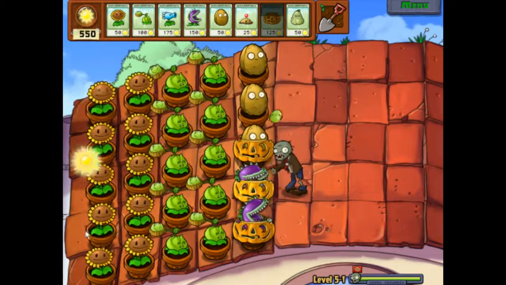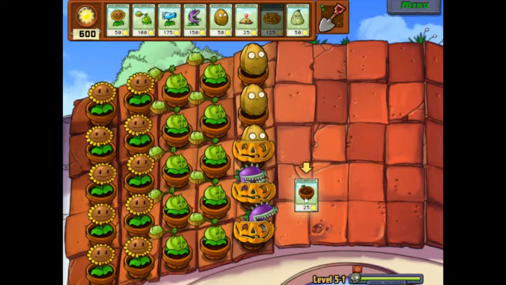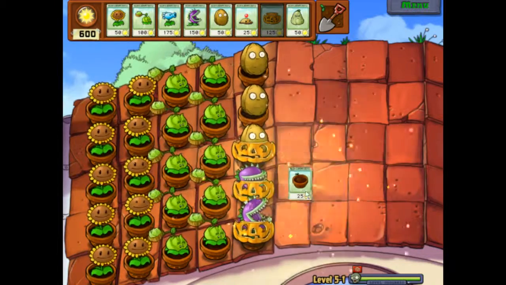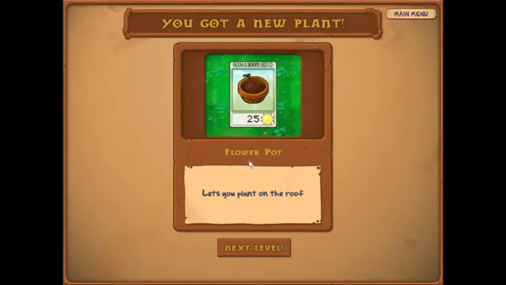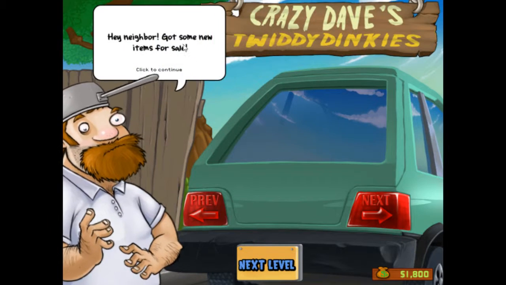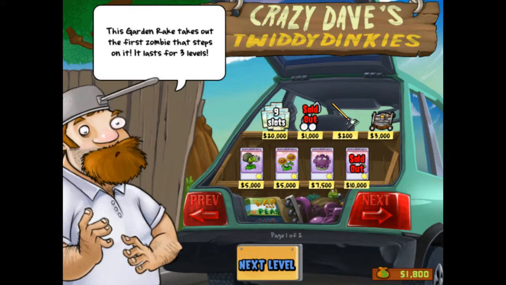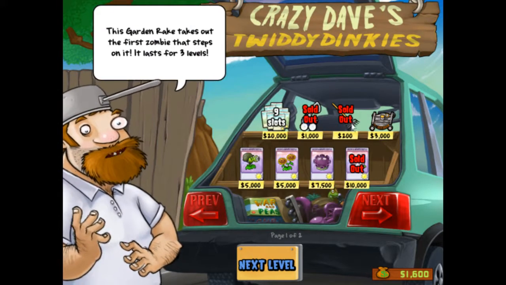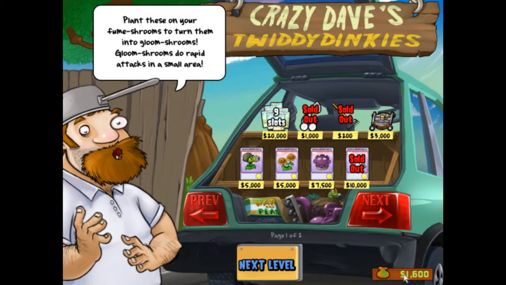So we're almost done, one more zombie to go, and this guy's nom-nomming on him, and lo and behold, we've unlocked curiously what looks similar to a potted plant. So let's have a look-see. And it is a flower pot. We've got some new things for sale. Oh, yes. So, obviously, we want to buy our rakes. The garden rakes, for some reason, end up on the roof. We only have 1,600, so...